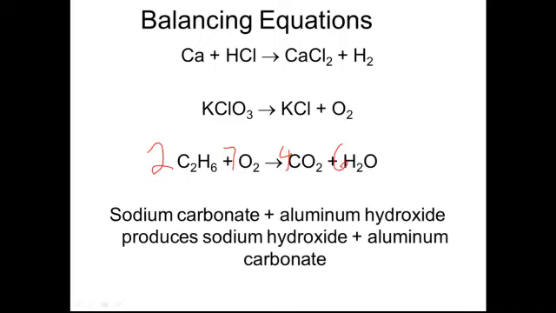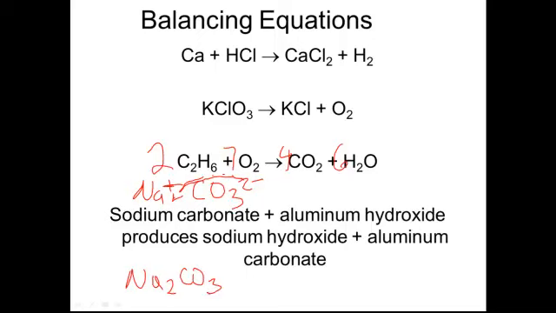Okay, here's a more challenging one, because not only do you have to balance it, now we also have to write it. So you guys have learned how to write chemical formulas. So let's see if we can do this one. Sodium carbonate. So sodium is a metal. It has a +1 charge. Carbonate is CO3, 2-. When we make that formula, remember we're going to switch. We're going to take our -2 and we're going to move the 2 down. So the formula is going to be